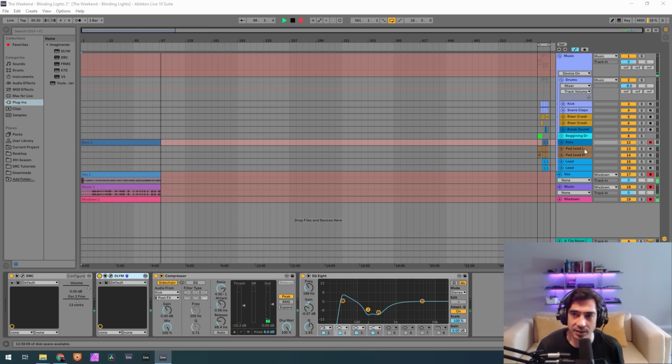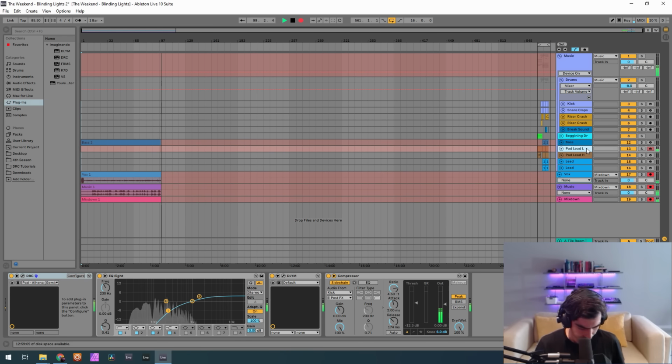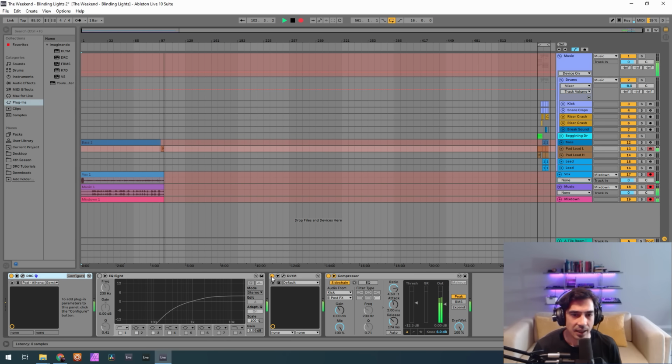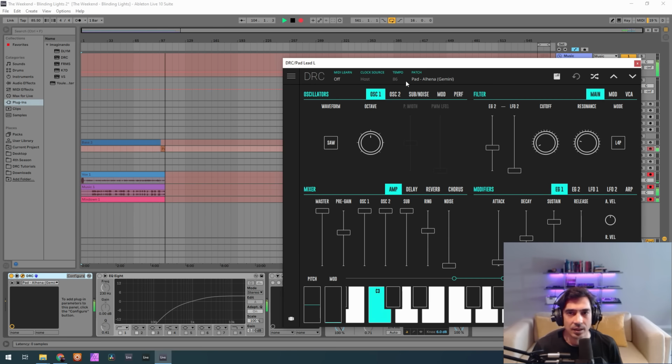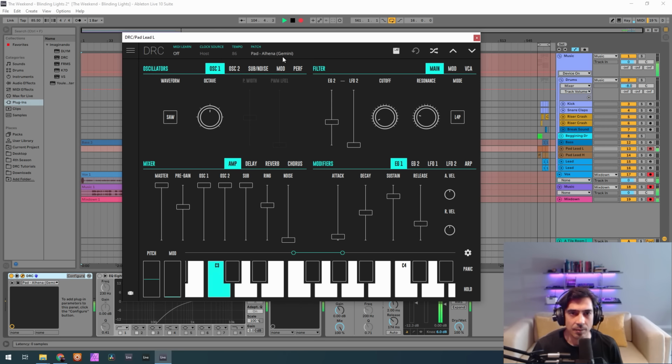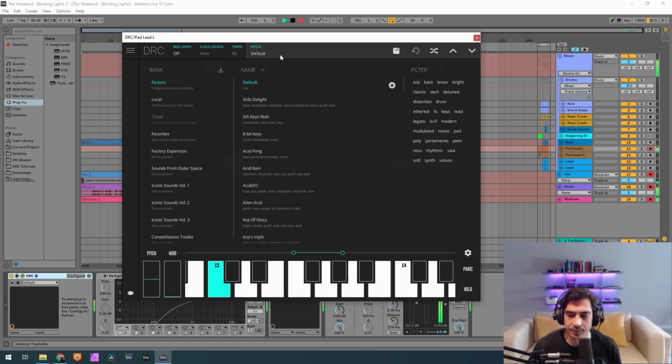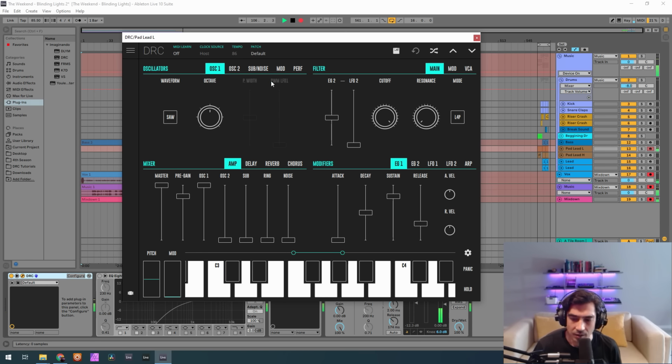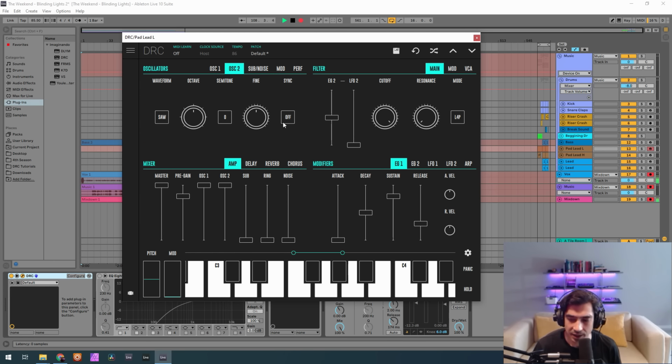Let's now go to our first pad. As you can see, it's low. I'm going to take this equalizer off and the delay modulator. And I'll bring back the default patch. Okay, so first thing we're going to do is raise the second oscillator, drop 1 octave on the second oscillator, and detune it to 0.24.